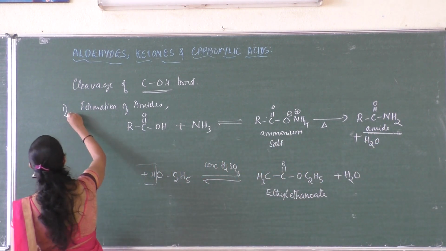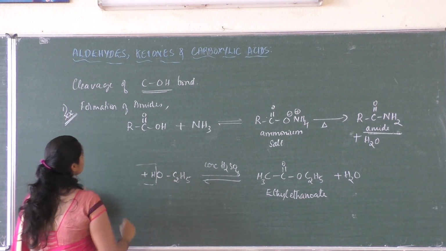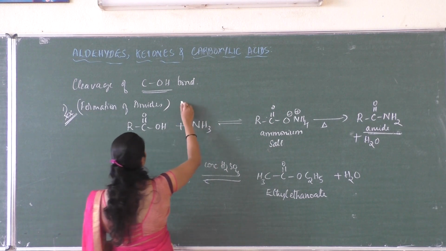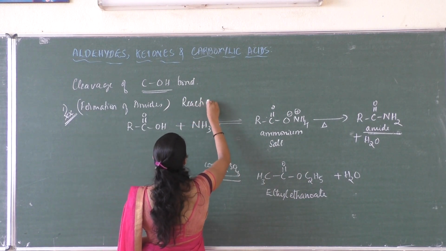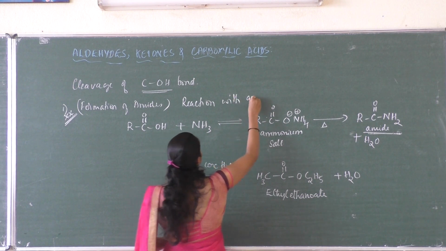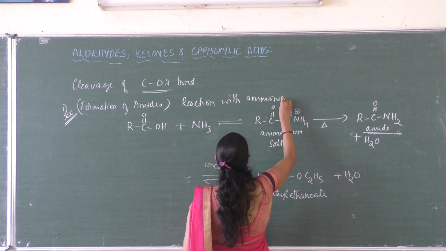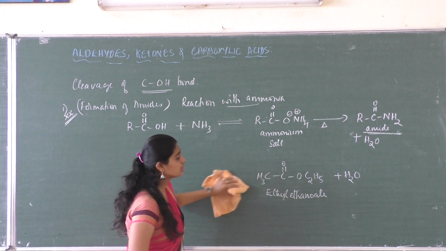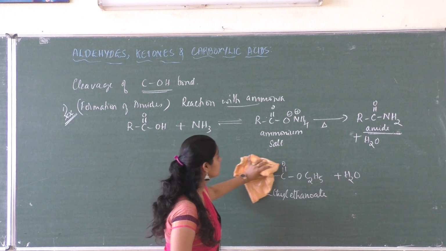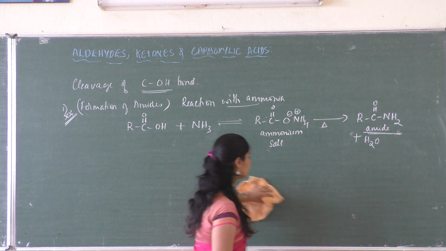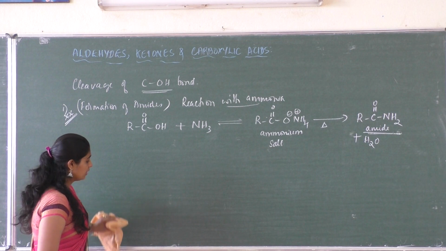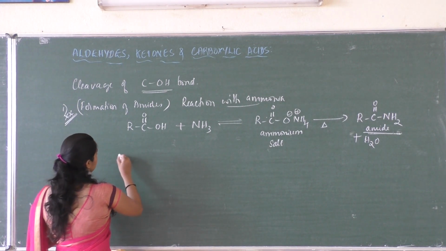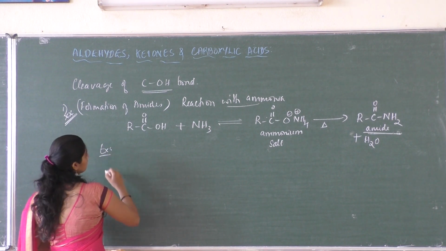So this is an important one, the reaction with ammonia. This can be used for the formation of amides. You may be asked to write the reaction of what happens when carboxylic acid reacts with ammonia, or else how amides are formed. So such kinds of questions may be asked. So for example,